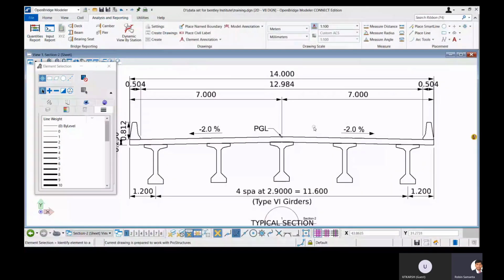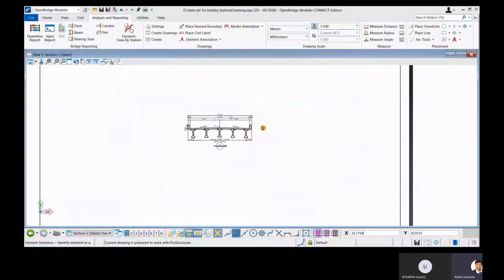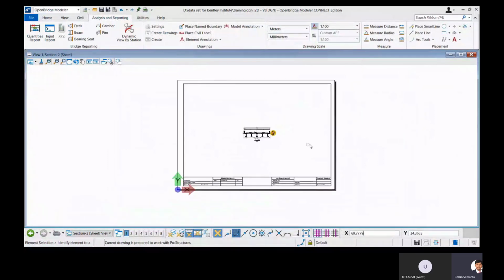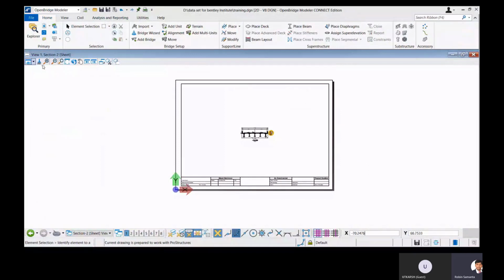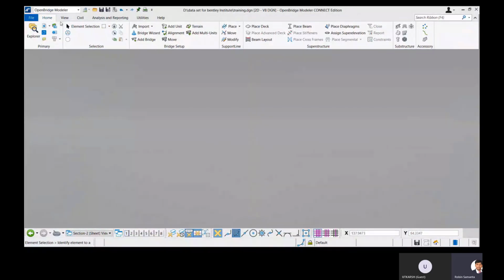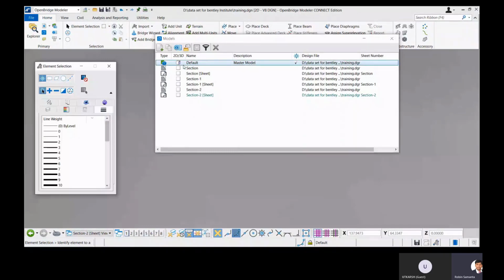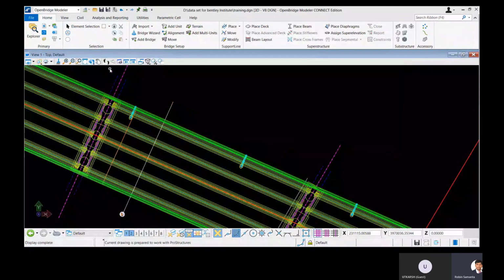And you can see that it looks nice. So this is the cross section at that location, and it will come under the sheet file you have selected. This you can also edit in the TGN library. So that's how you can use the same 3D model to create the drawing as well. You can place different cross sections in a single sheet as well, which you can do by attaching the reinforcement. Again, we are going back to our default model, right?